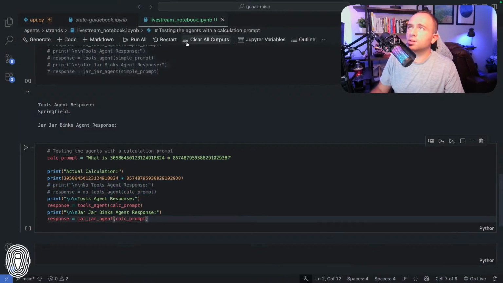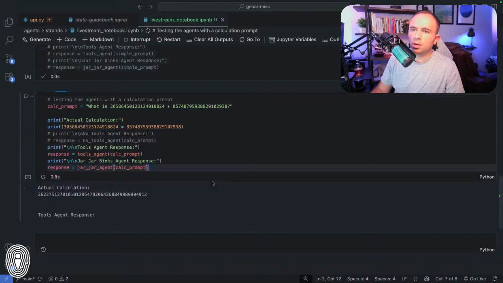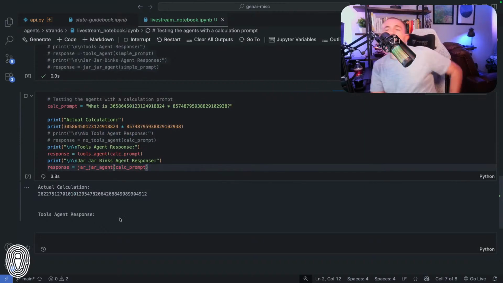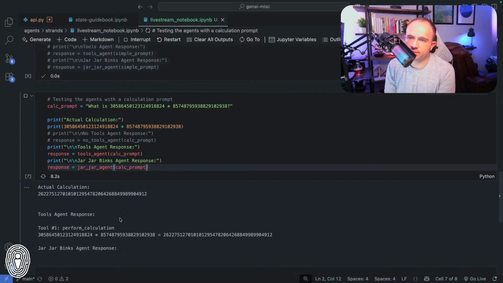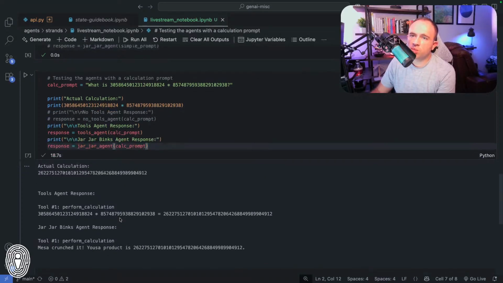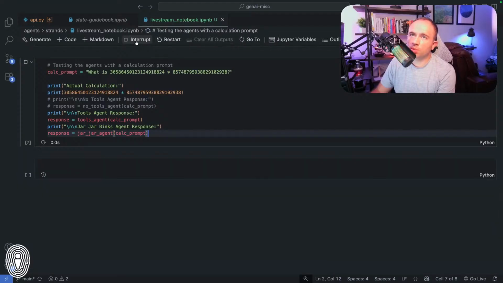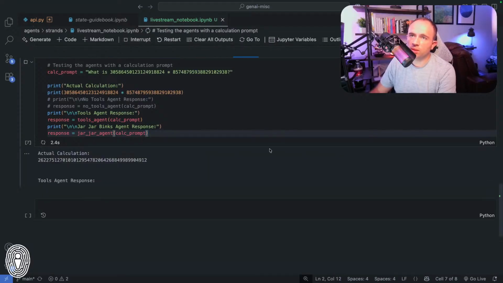All right, so now let's go ahead and restart, run all. So we got the actual calculation here. Oh, actually it is doing it this time. Sometimes what I found is that when I run these agentic frameworks, it will just ignore the fact that I have this calculator tool that I can make use of. In this case, both times it actually did use it. I'm going to keep running it a couple times just to see if I can get it to not use the tool. Okay, so I think this time it's not using the tool.